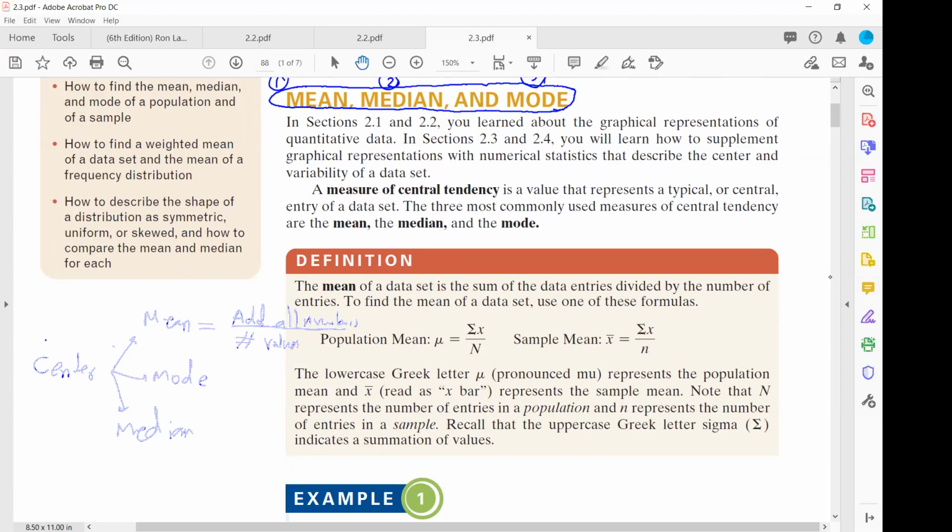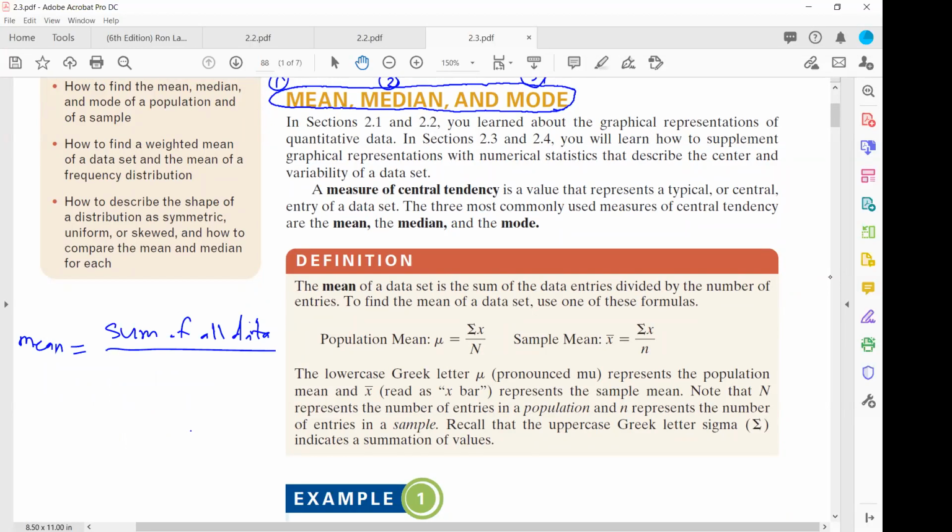How do you calculate that? You add all of the values together. Mean is equal to the sum of all data. Then you count how many data you have in your collection. Do I have 20? Do I have 30? Do you have 40, 50, 100? And you write it on the denominator. The total number of